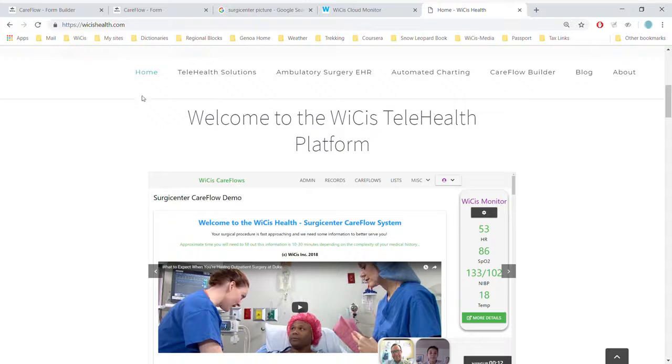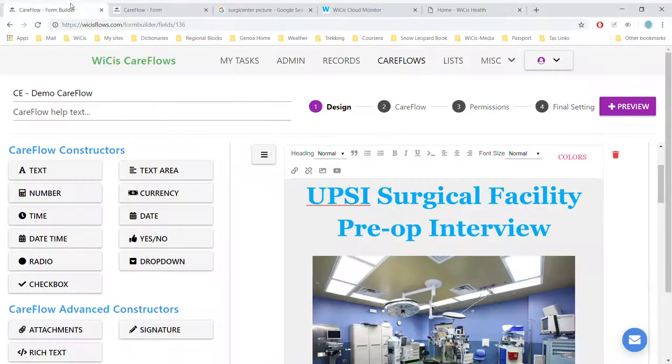in this picture. I go over to our CareFlows Builder, and as you see on the left part of the screen, we have what are called CareFlow constructors, and on the right I am creating in the cloud what is going to be shown in the final form that our nurse who does the preoperative interviews will use when interviewing